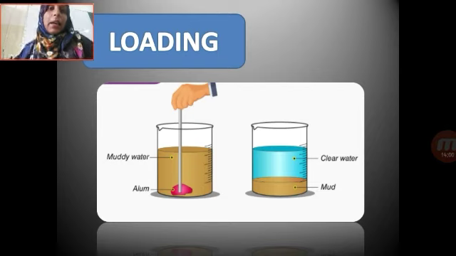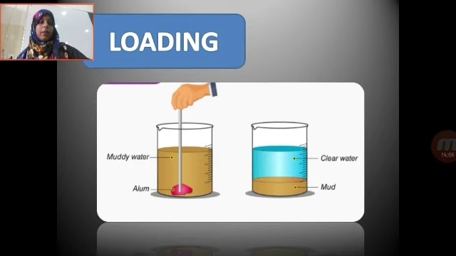The same process is used while filtering the rainwater and in the purification of water too. So, the alum is mixed and we get two separate layers and decantation is followed. This was the loading process. Then we have